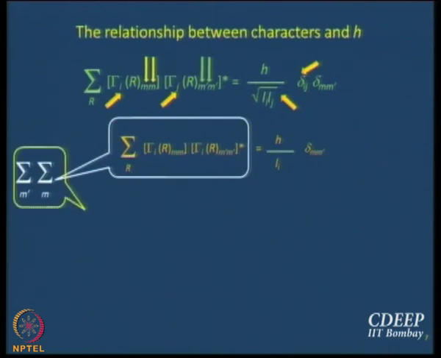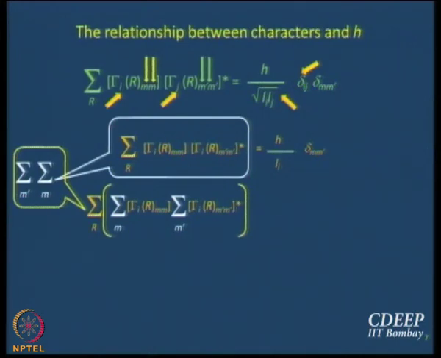So if I want to do that, then it makes sense for me to write it like this. Take the sum over R outside, because what do you have here? You have these two quantities, right? One is in m m', the other is in m' m'', and you are summing once over m, once over m dashed. So if I just take the sum over R outside, then I can write it like this: sum over m gamma I R mm multiplied by sum over m dashed gamma I R m' m' star.